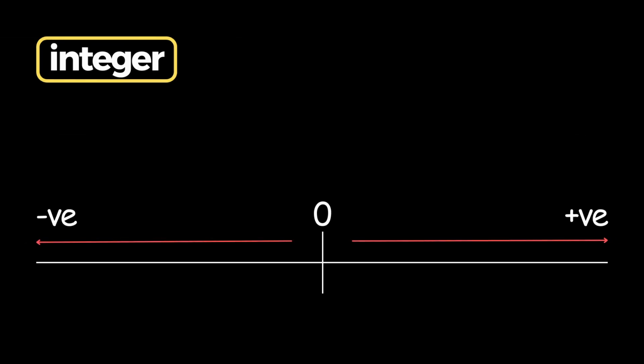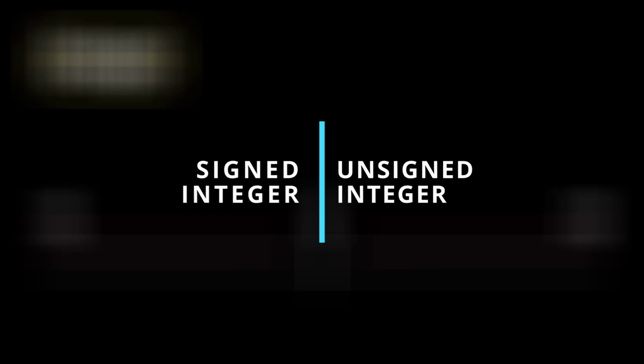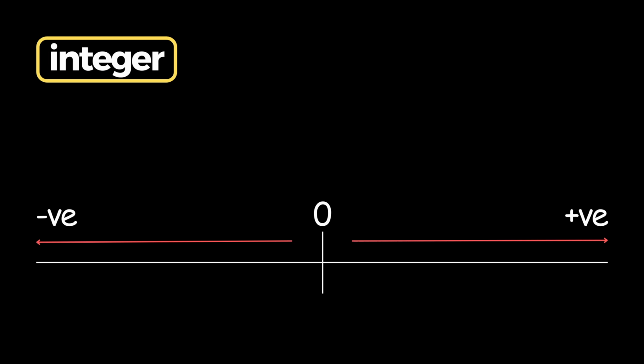Now, as you can see, the integers range from negative to positive. So they are further divided into two subcategories: signed integer and unsigned integer. For signed integer variables, we simply use i before the integer type. However, for unsigned variables, we use u before the variable type. Signed integers are variables that can be negative or positive within the allowed range, and unsigned holds only the positive values within the range of the variable type.